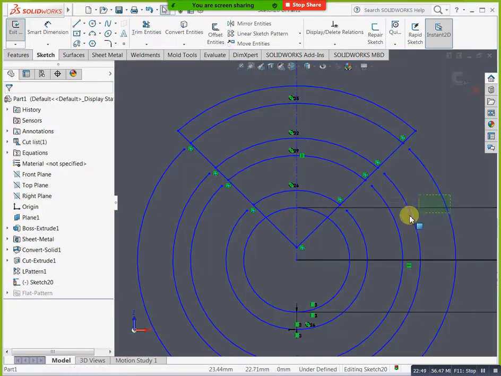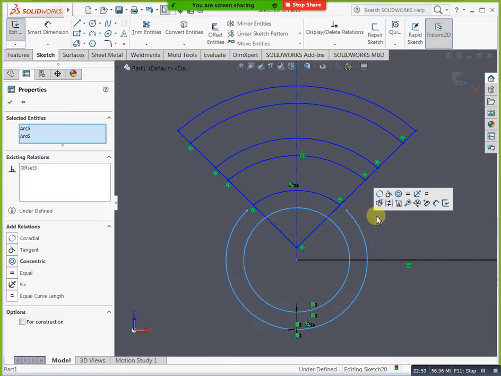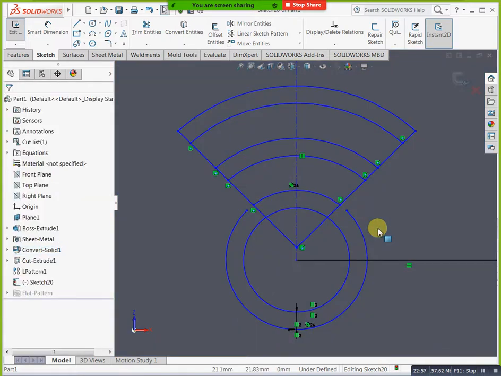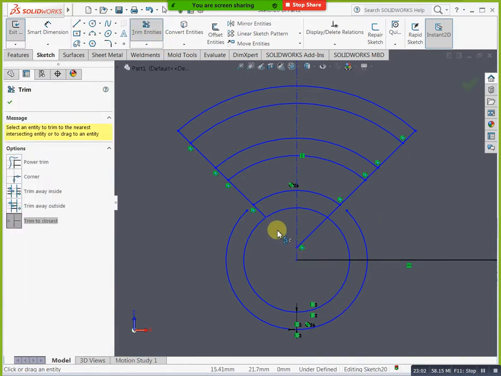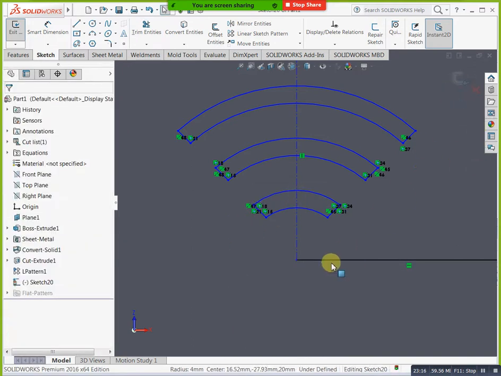Okay, now you can select this one. Here you can mention extrude cut. Where is our extrude cut? Go to the sheet metal. Here we have extrude. Okay, now here we have. Now you can select this operation, just you can do pattern. I need circular pattern. I'm selecting this edge. Okay, I'm mentioning 90 degree.